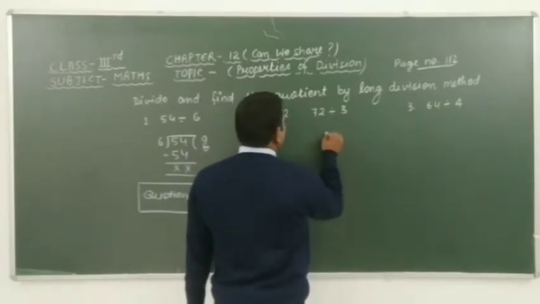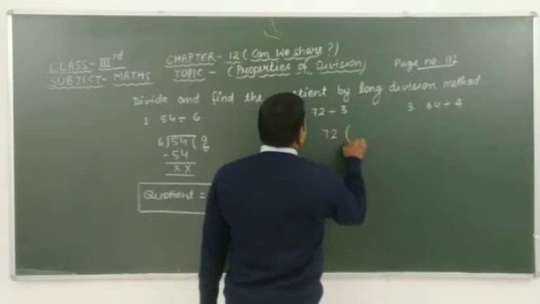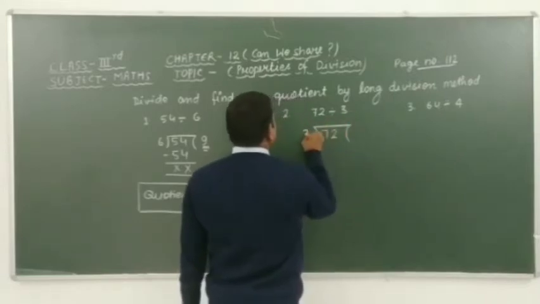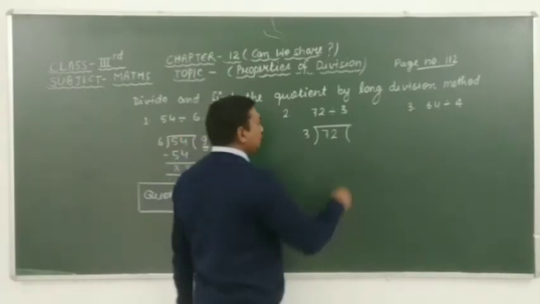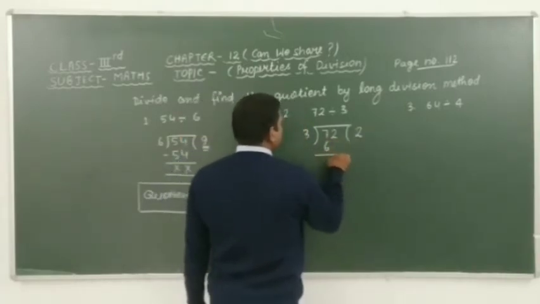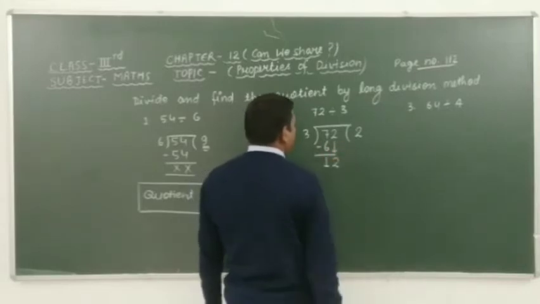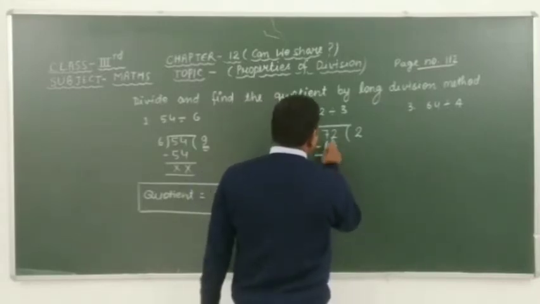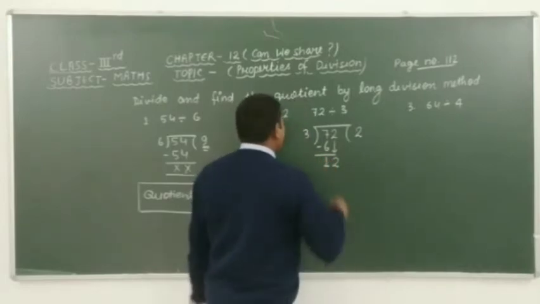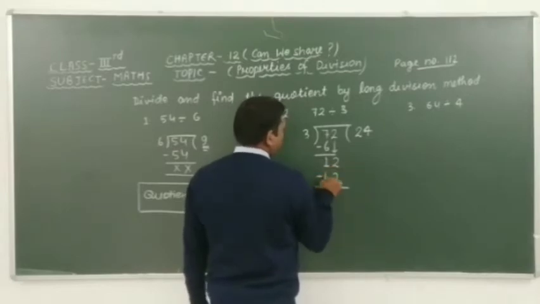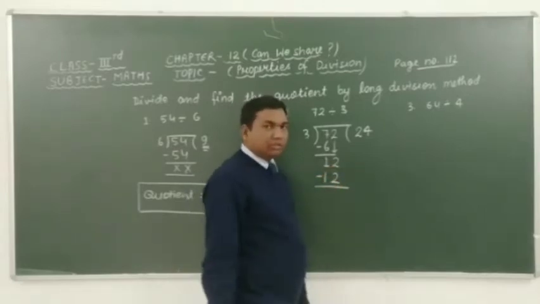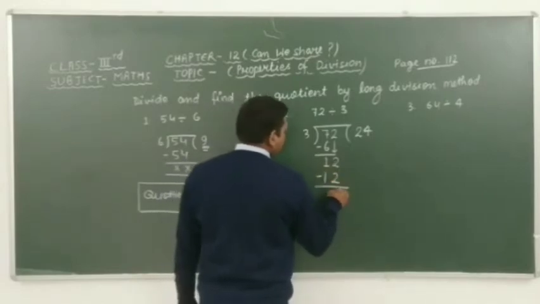Dear students, firstly we have to take the division of 72 by 3. Okay, recall the table of 3. 3 2s are 6. After subtracting these we get 7 minus 6 is 1, and here we have to take 12. It means that here we have to take 2 as same. 3 4s are 12. Okay students, 12 minus 12 means that here we get 0. This gives 2 minus 2 is 0. It means that cancel out.